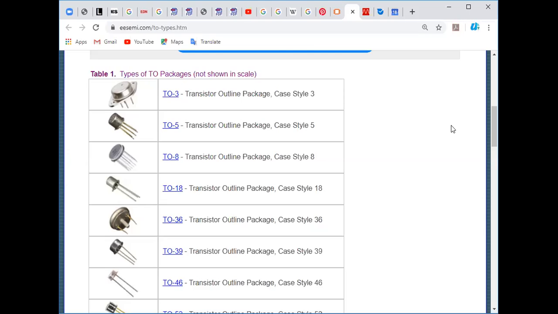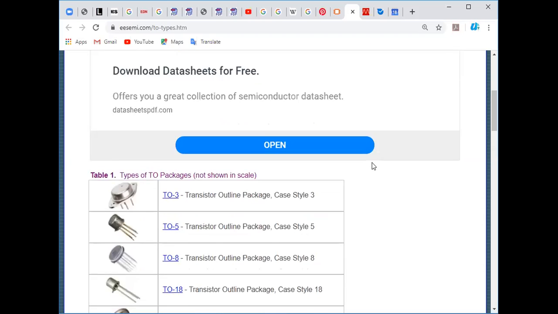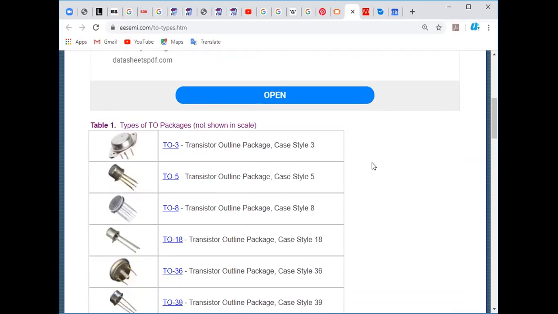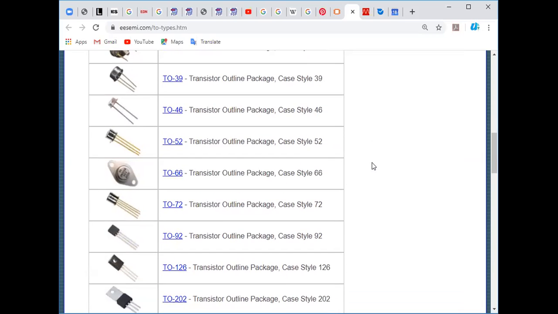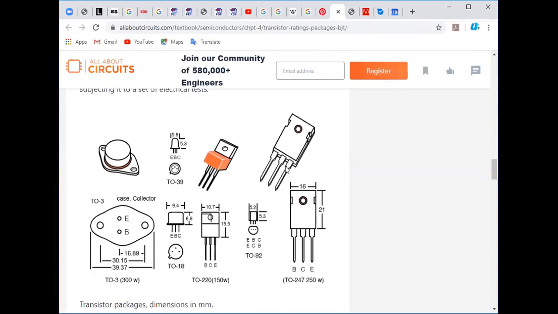The transistor packages and pin configuration: different types of TO packages of the transistors, and the transistor pin identification according to the transistor package.